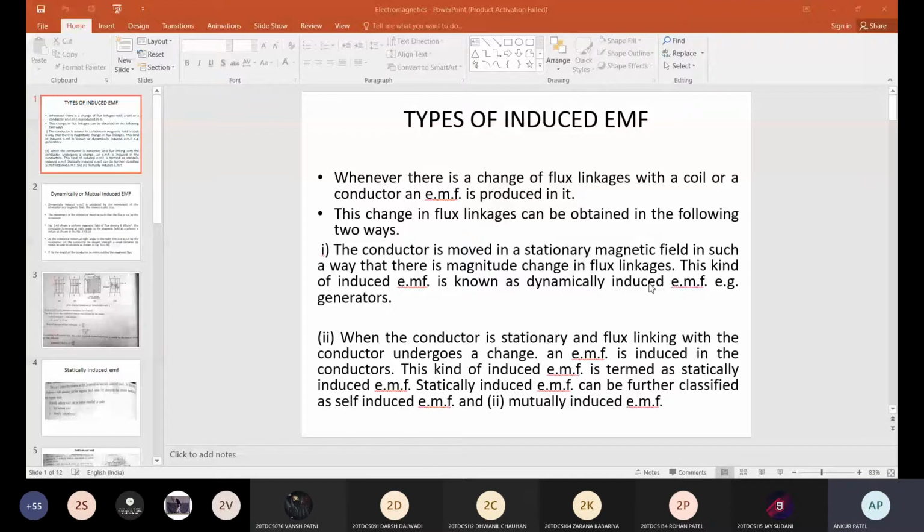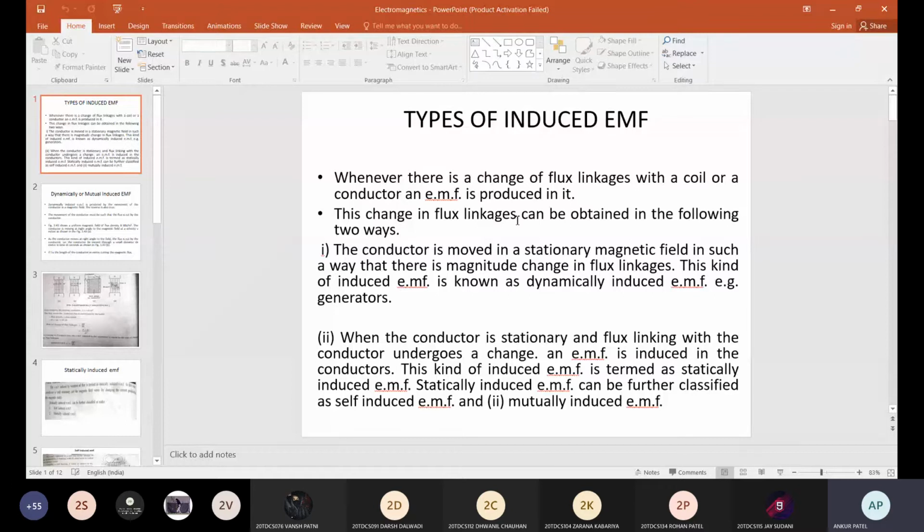Which part are we keeping moving, in terms of rate of change of flux or flux linking? Whenever there is a change of flux linkages with a coil or conductor, an EMF is produced in it. So this change in flux linkages can be